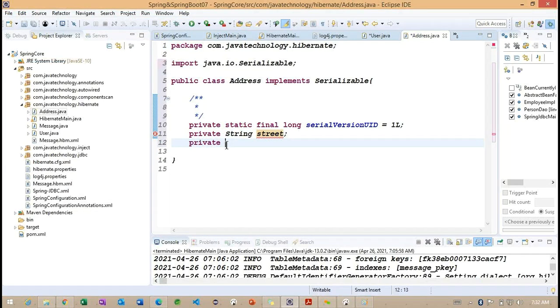So first one is state, zip code, and finally we are going to work with the city.